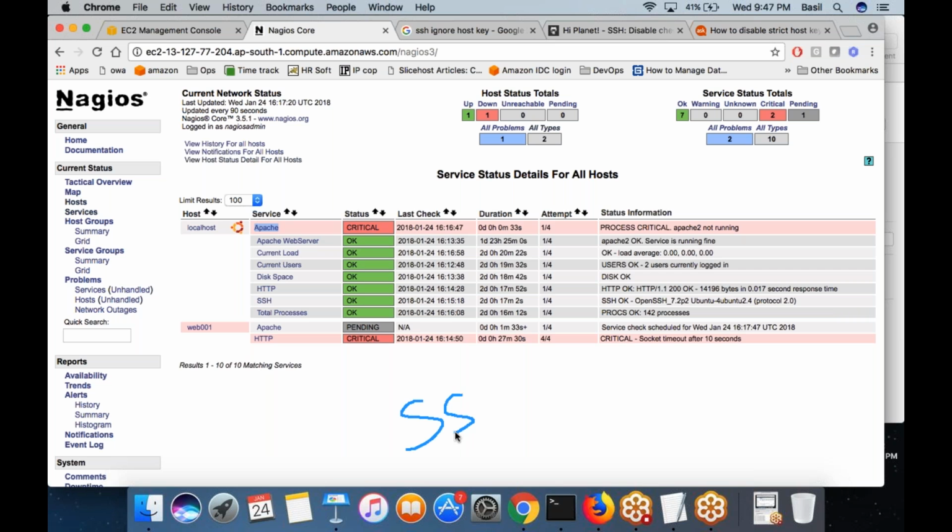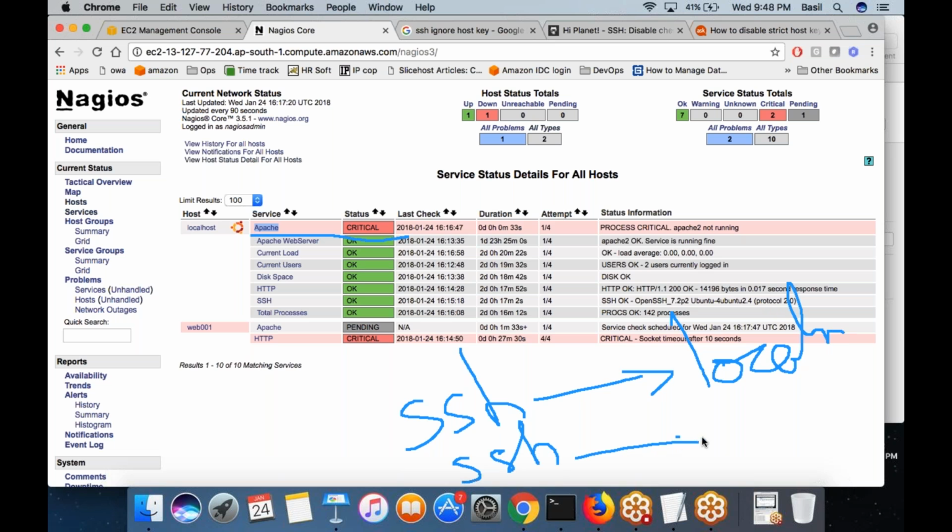So it will try to SSH to the localhost when this service is being checked, and it will try to SSH to the web 001 machine when this service is being checked. SSH to the localhost will obviously fail. There is no key that you copied into the authorized keys on localhost, so it will fail. That's why the SSH command failed, and that's why it is critical.